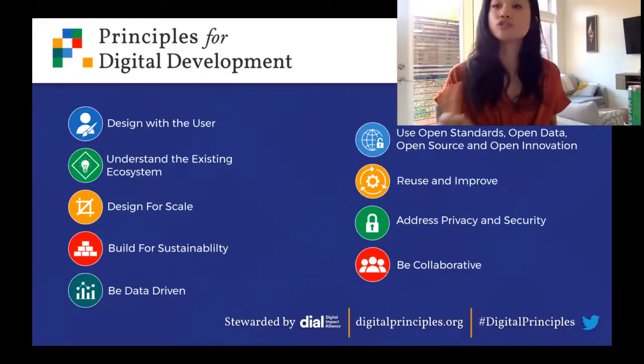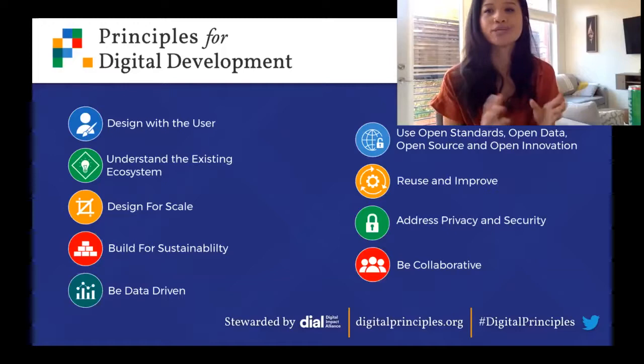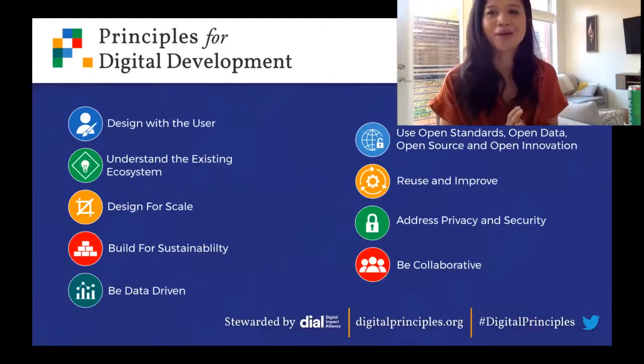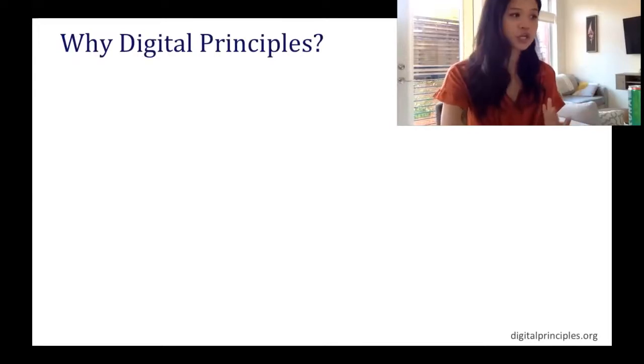So I have 2 main objectives for all of you today. The first one is to really broadly introduce each principle, whether this is a refresh for you or just starting to get to know them. I hope that you have a better understanding of what these principles are. And then after that, we're going to apply what we have learned into a quick, short card game where we're going to do a little bit of role playing, but more on that later. So first, I'm going to start with, why the digital principles.